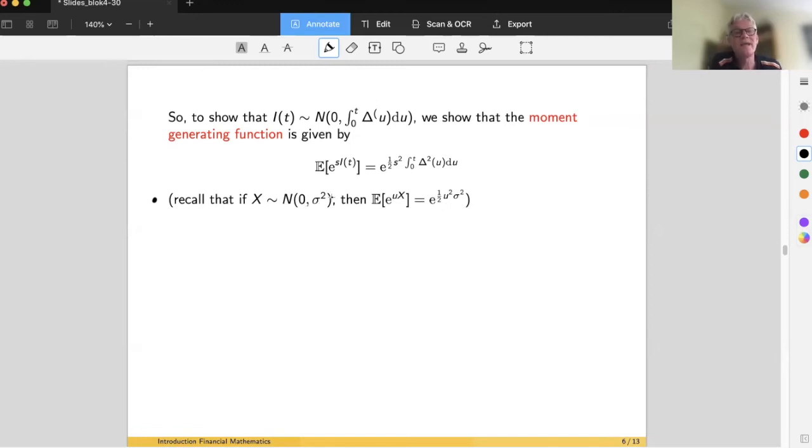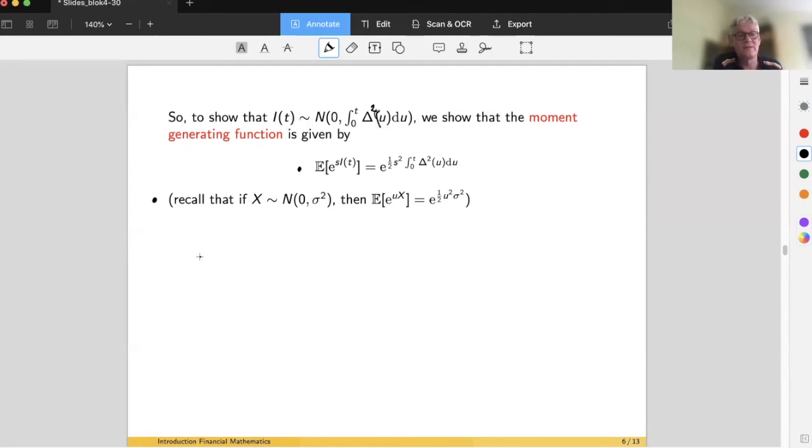So in our case, for u we have s here, for X we have I_t. When we can show that in expectation e to the power s I_t is equal to e to the power 1/2 s squared times this variance, the integral from 0 to t of delta squared u du, then we have shown that our integral